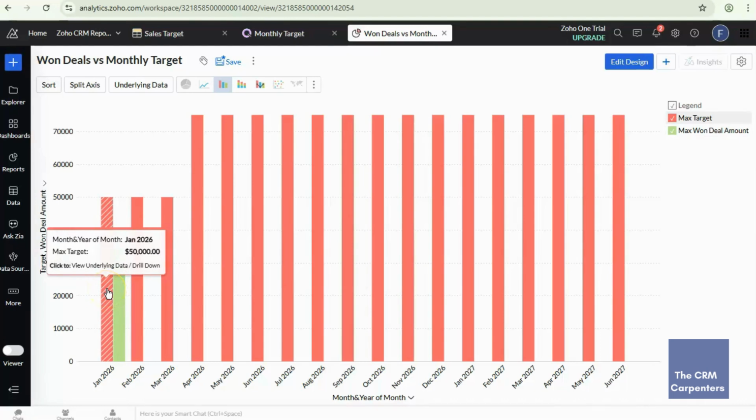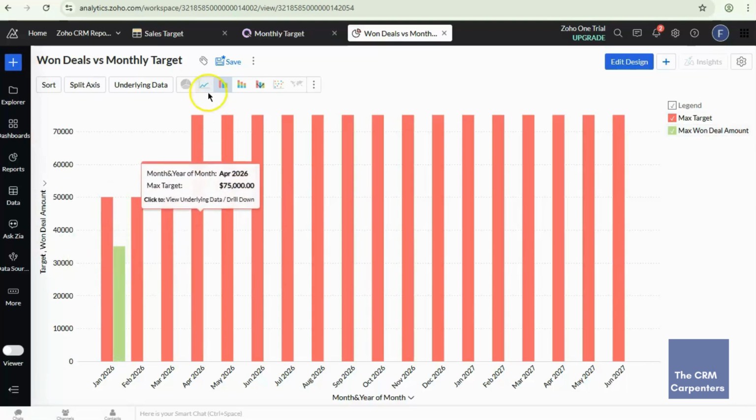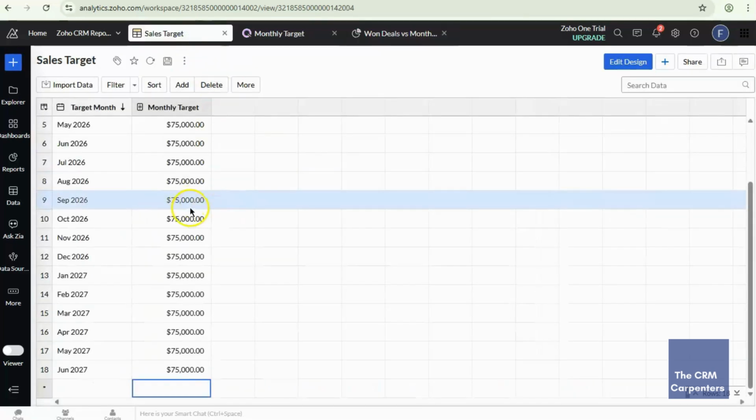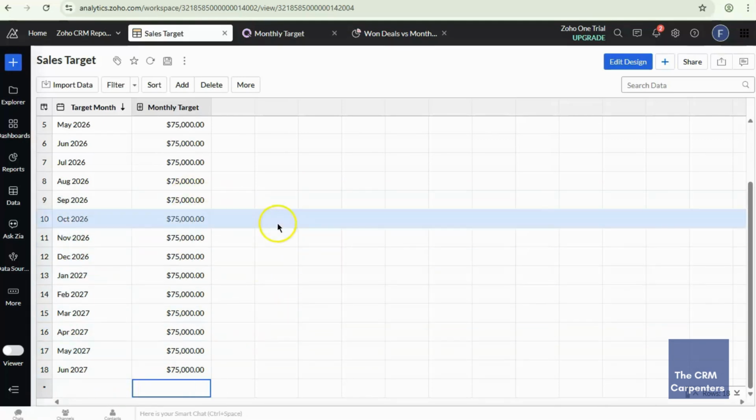And this one is the target, so it shows in currency, but our deal amount is not in currency yet. So that's the importance of having the sales target data table, which I said that we can keep modifying and keep adding some future months and targets.